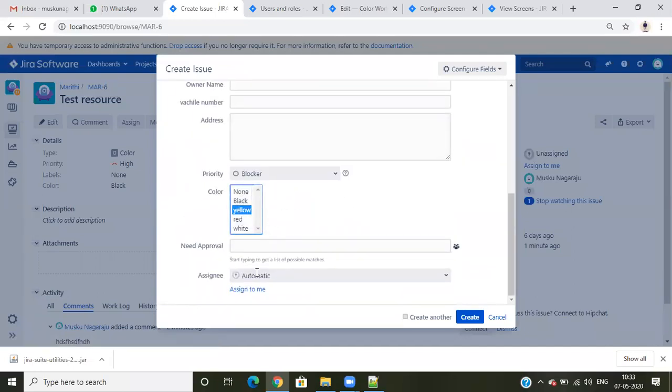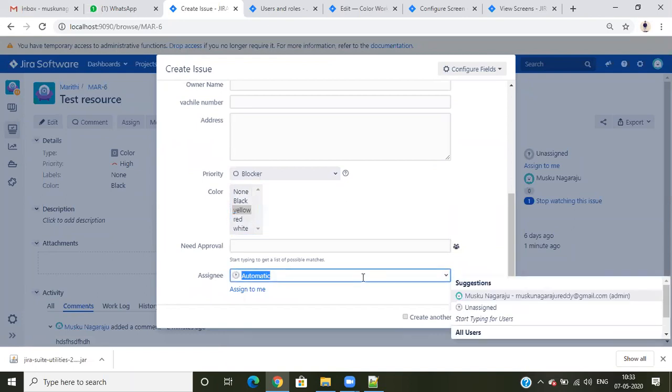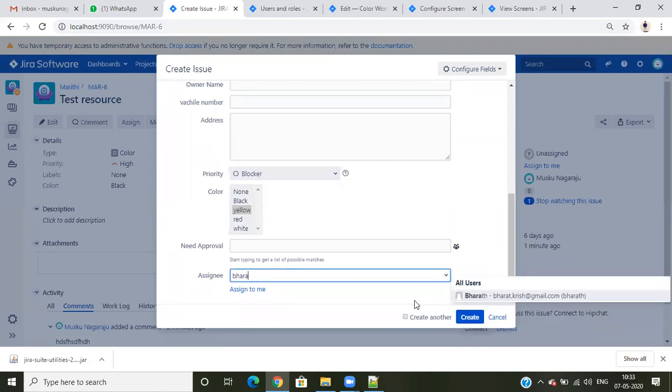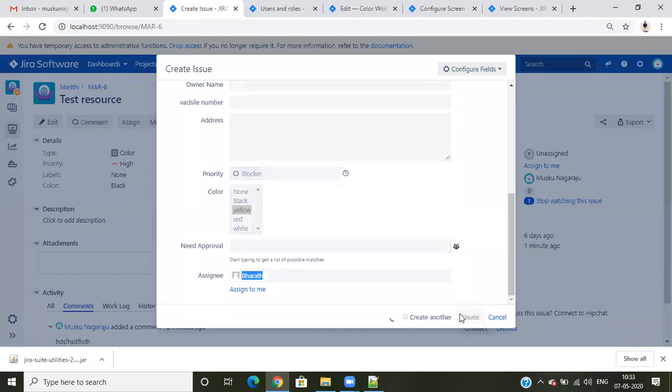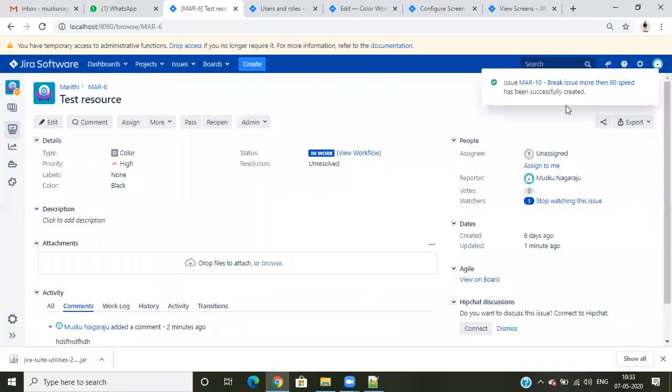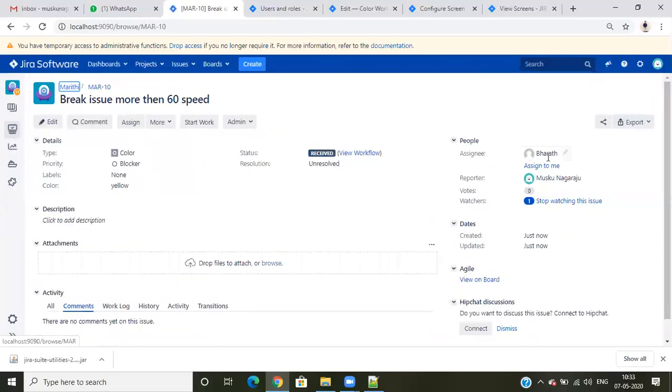Suppose I'll select some yellow, and I'll assign to Bharat. Bharat's name will appear. I'll assign to this person. Okay, open this. This is assigned to Bharat.